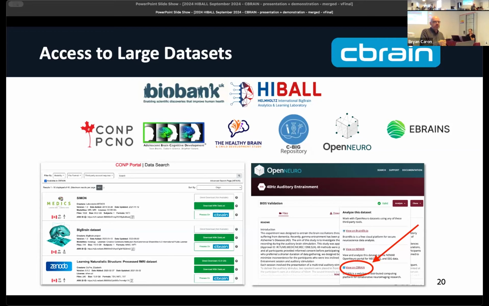Anybody working with OpenNeuro data sets currently? Any chance your data set is within eBrains? Neither. Okay, so there's not a group that's interested in it. Would you be bringing your own data sets into CBRAIN? Into eBrains first. Okay. So if it's into eBrains, then you would be able to, like I said, have it visible within CBRAIN. You wouldn't have to make a separate copy, saying, well, I want to keep a copy in eBrains and I have to do the same thing in CBRAIN. No, you won't have to. You just have the one copy. That's it. Okay.